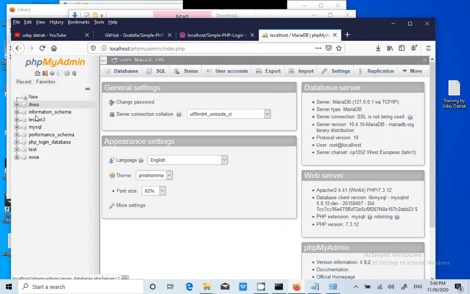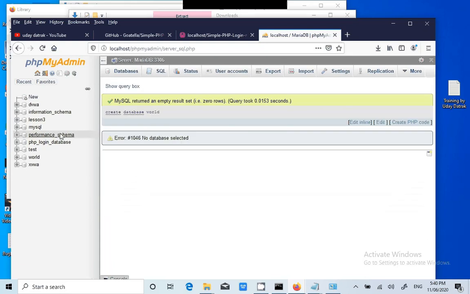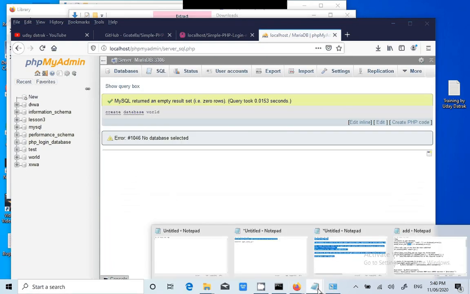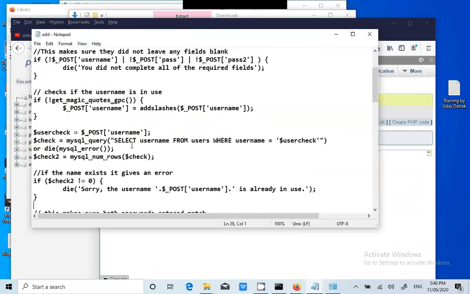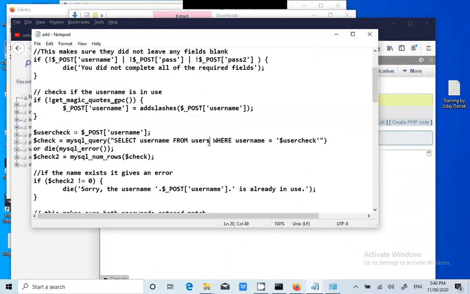There is no database called world, so we are going to create that. In SQL: create database world; semicolon, go. Now we can see the database is created. Now we'll come to the code. What is the line which is forming the query? Select star from the table name.